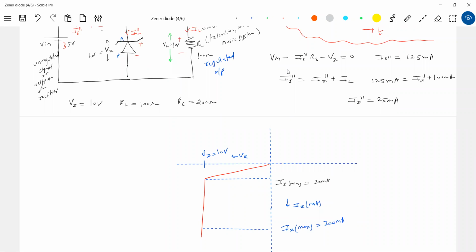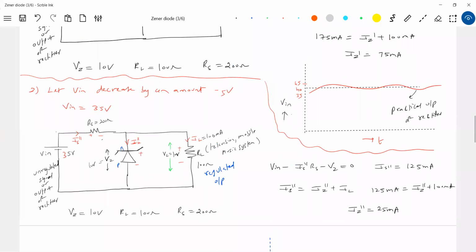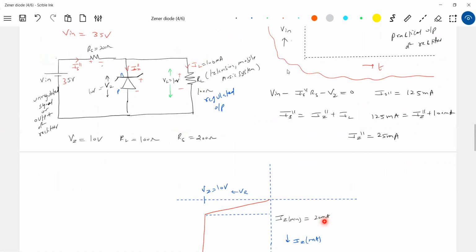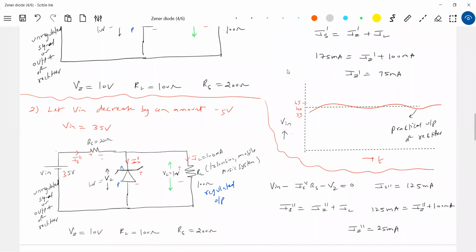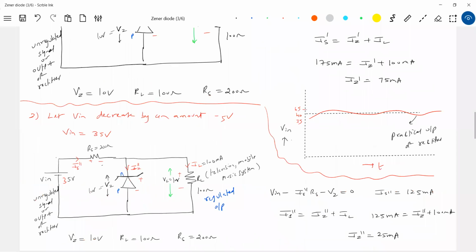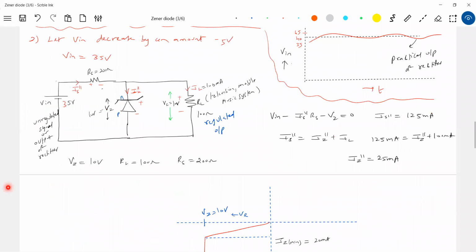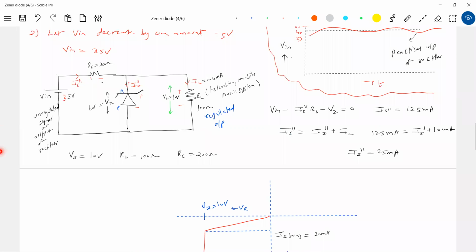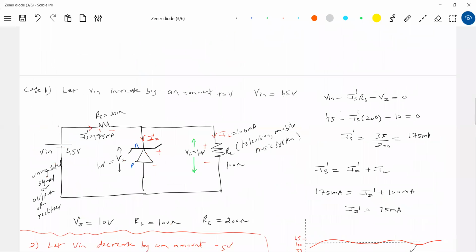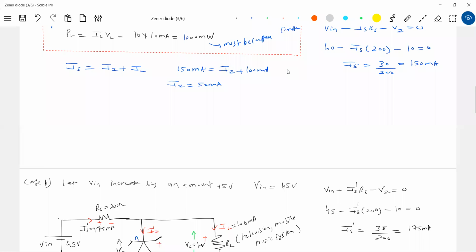Sir, why are you putting this condition? Depending upon my requirement. So now what is the type of Zener diode you have to pick up? What is the least current, 25 milliampere? If it is something less than that IZ minimum, it is safer, no? Then what is the maximum current here? What is the current flowing? It is around 75 milliampere. Okay, some values, 50, 75, no? Okay, I made it 80. Sorry.